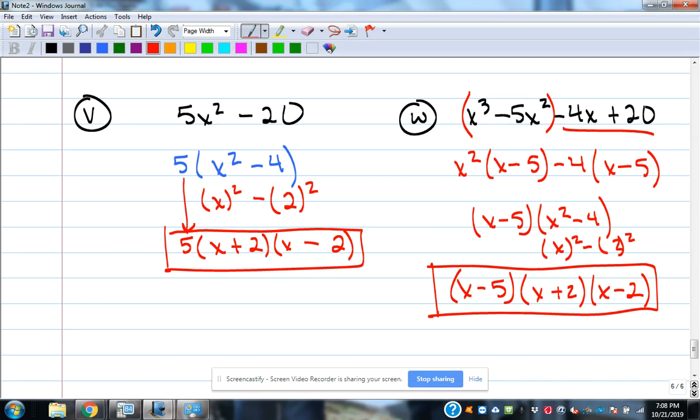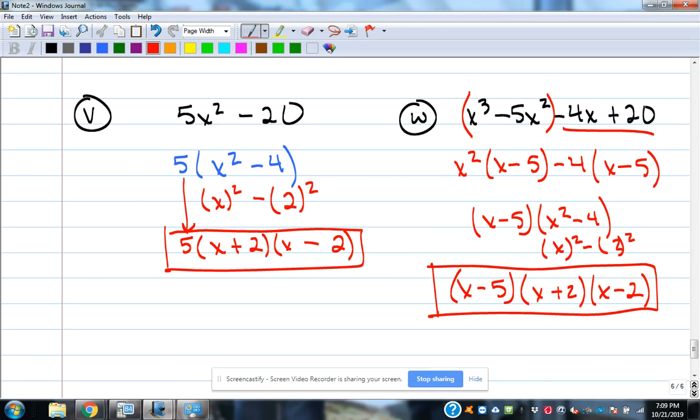That won't happen all the time. Actually, pretty rare that it does. But keep in mind, you might want to look for that. If you factor something and that answer is not there, look to see if you might could factor one of those pieces a little further. That can happen. Okay. All right. So